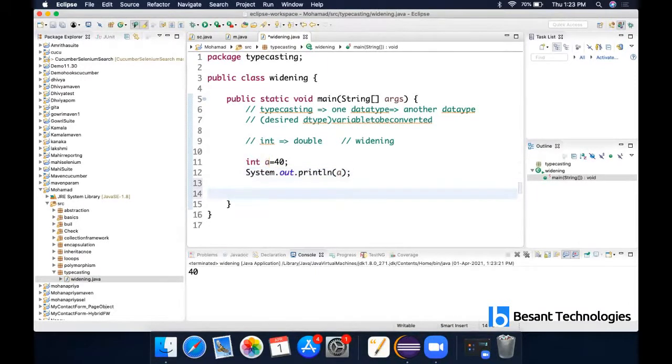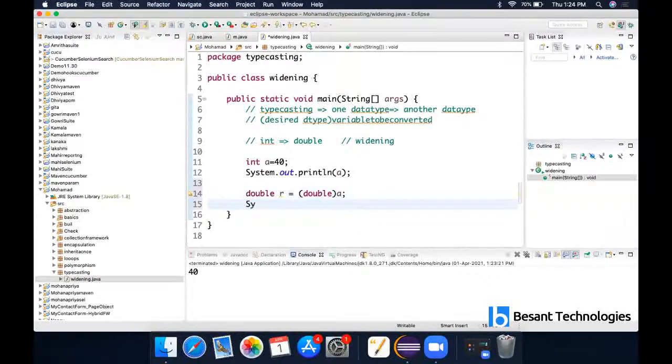So we can use this typecasting concept. Within the bracket, the desired data type. What I want to convert this to, that is double. I want to have it as a double. So that is the desired data type. And what is the variable to be converted? I want to convert this a to a double value, right? That is the variable to be converted, that is a here. After conversion, I can store that in a variable, and it will take its type as obviously double because typecasting took place here.